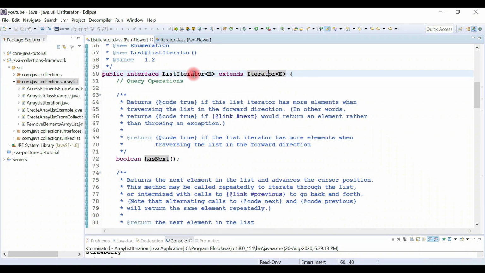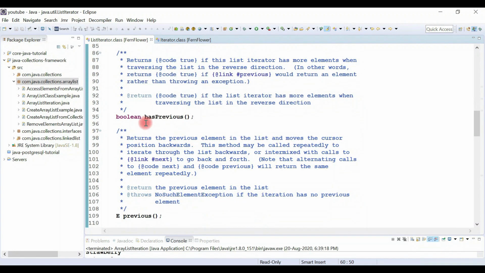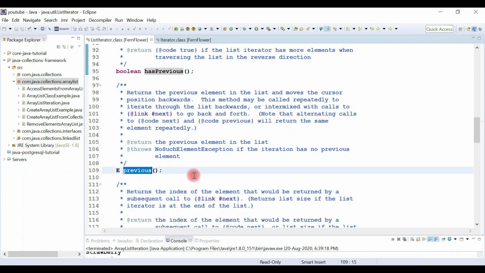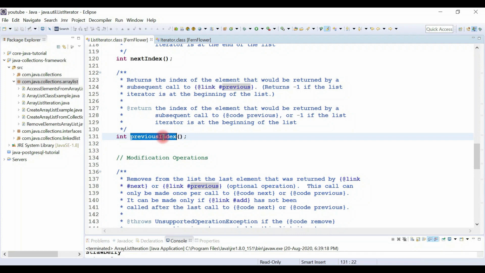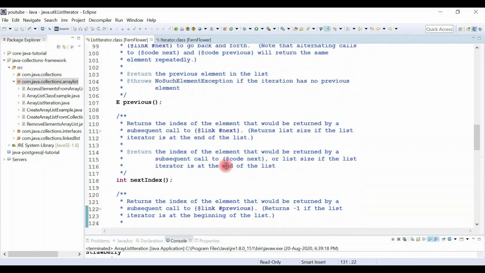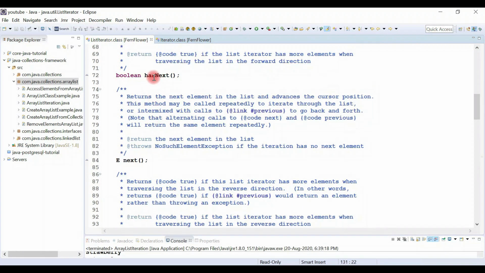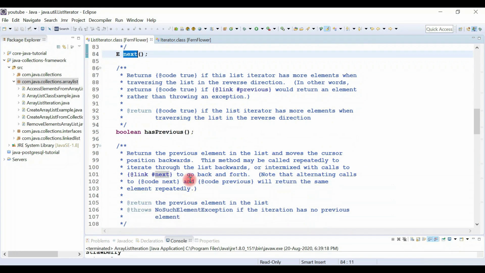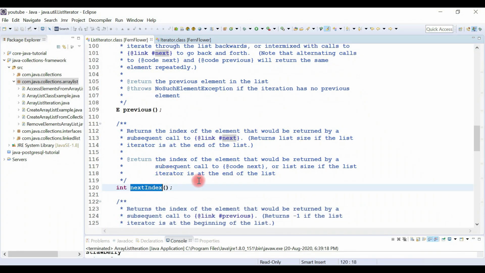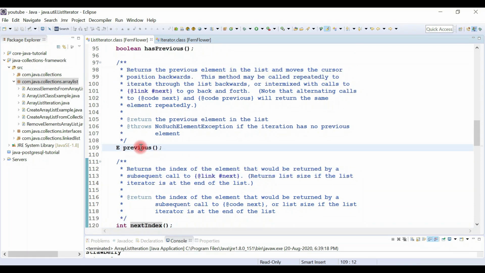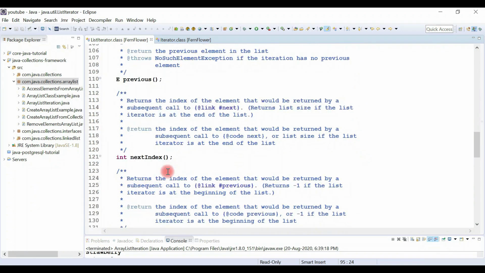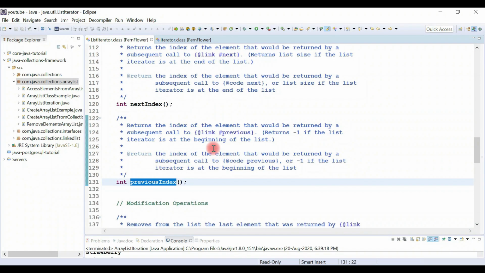And the ListIterator interface extends the Iterator interface, and it has a few more methods which we can use to traverse in a backward direction, like hasPrevious, previousIndex, etc. So we can use hasNext, next, and nextIndex, these three methods to traverse in a forward direction, and previous, hasPrevious, and previousIndex, these three methods to traverse in a backward direction.